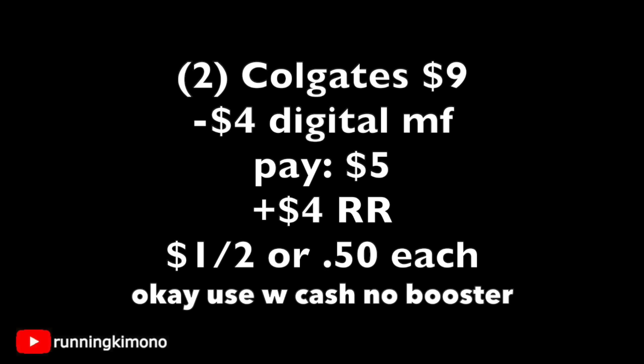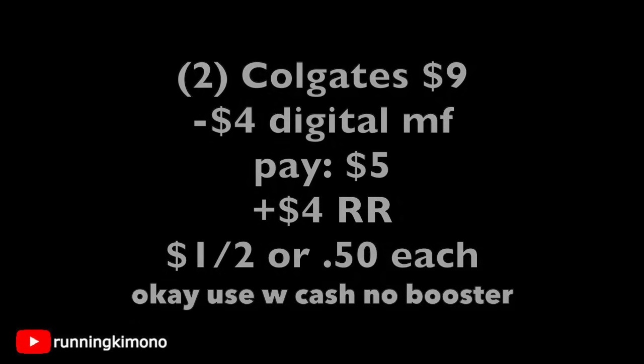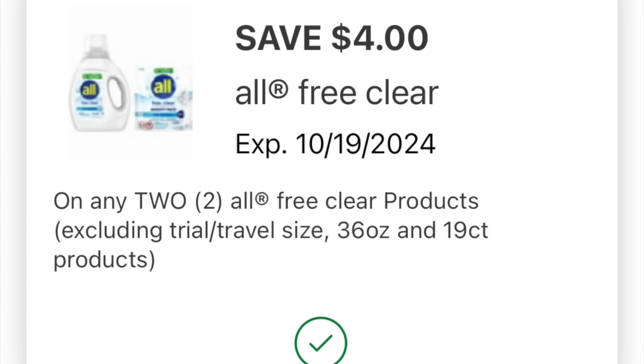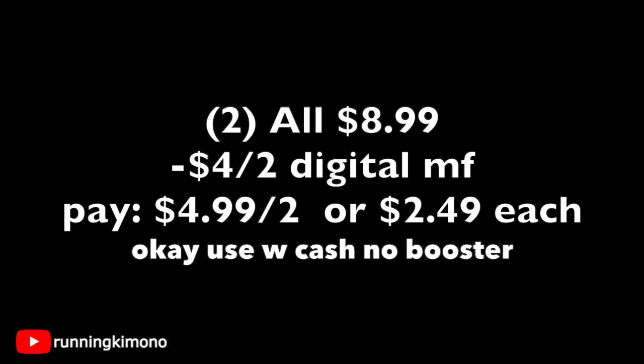Another deal that I think is absolutely fantastic this week is the All detergent, either the liquids or the pods. I'll tell you in a pinch, those pods are really fantastic. We use them all the time in our household. We got this $4 off of 2 digital coupon. Please make sure you load it for this deal. Grabbing 2 of them on a BOGO free, it's going to be $8.99. And then subtracting your digital coupon, and yes, it's attaching, you'll pay $4.99 for the 2 or $2.49 per laundry